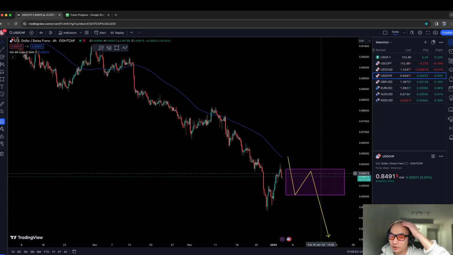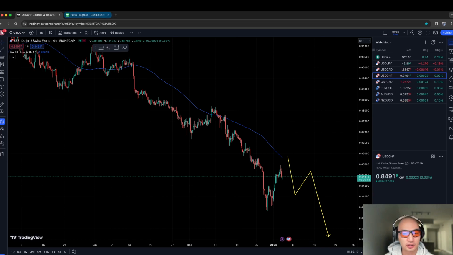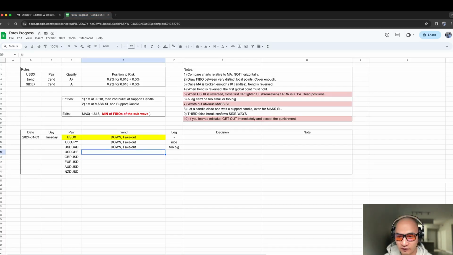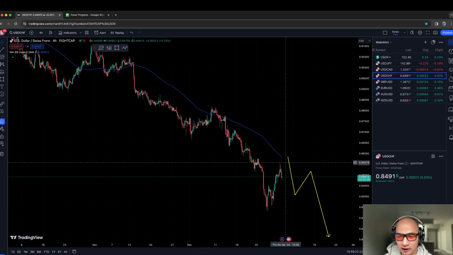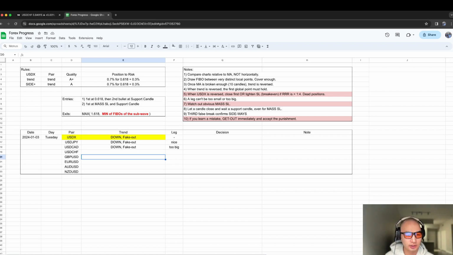I would like to identify a trend in the market, then I pick an elegant entry to that trend. Just because I see that the trend is going up or down, I don't jump in immediately. I need an elegant entry to get into a trade. Okay. Again, USD Schweizer franc. In this case, the market is not faking out. It hasn't even reached the moving average. So here in this case, I will just put down: the leg was too big.